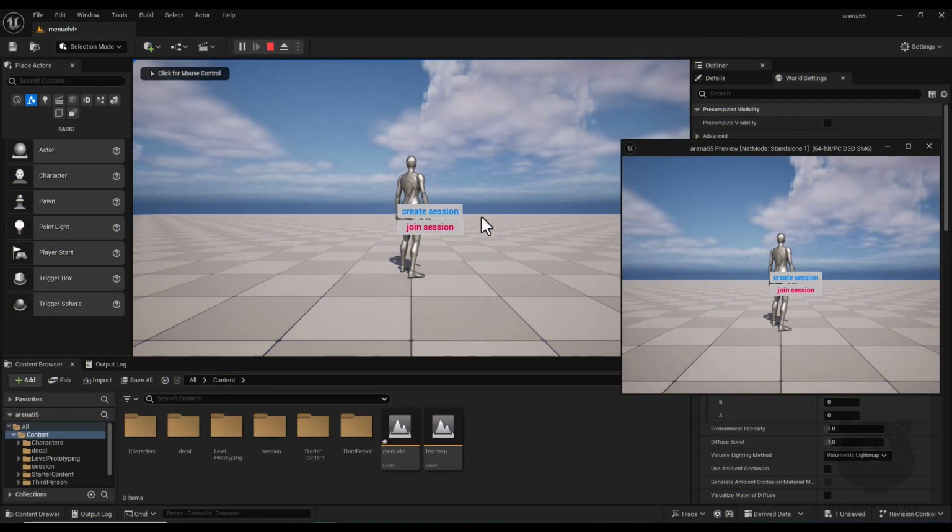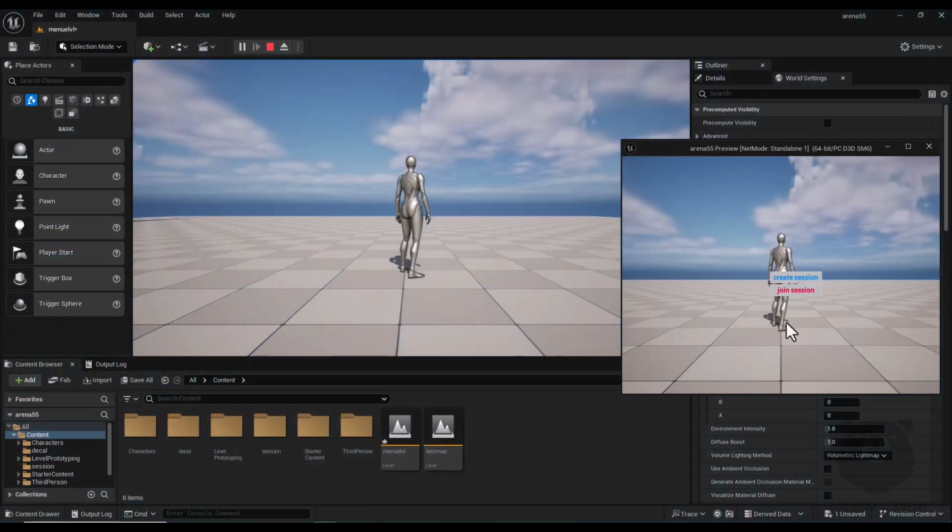Hello everyone, in this tutorial I'm going to show you how to create and join sessions for local multiplayer games